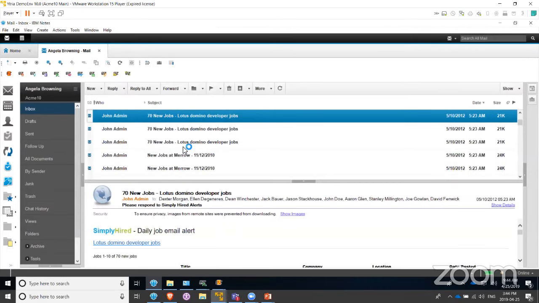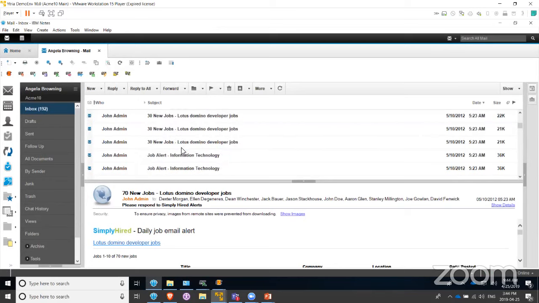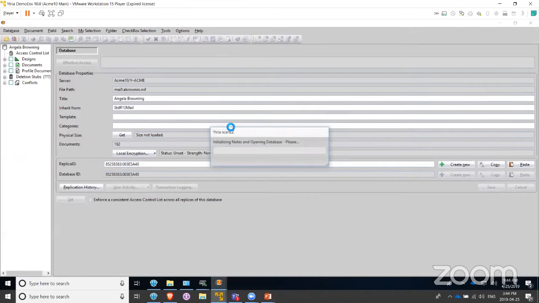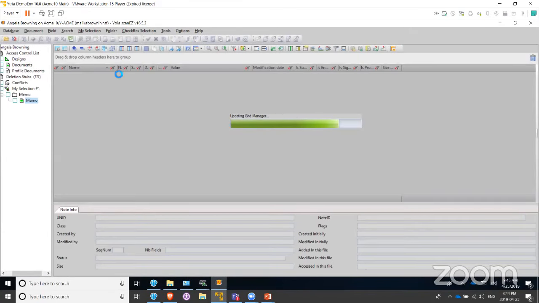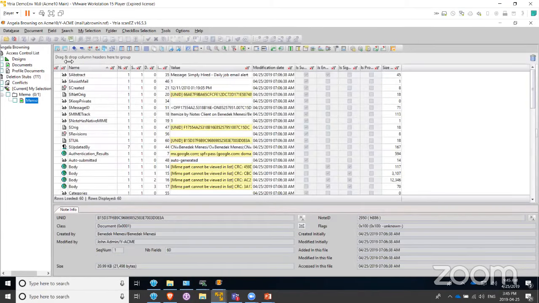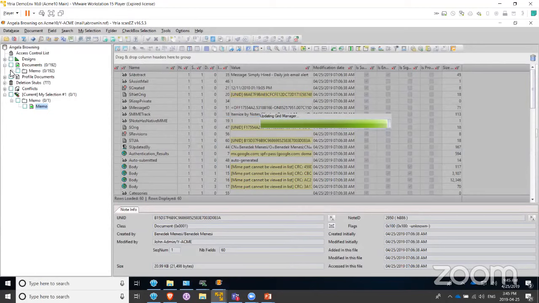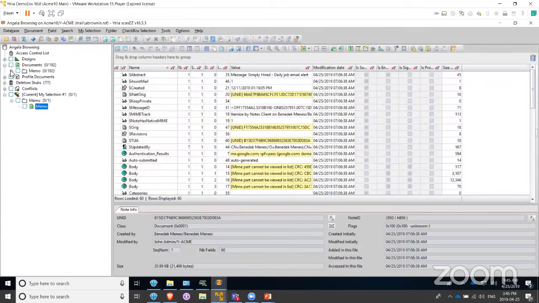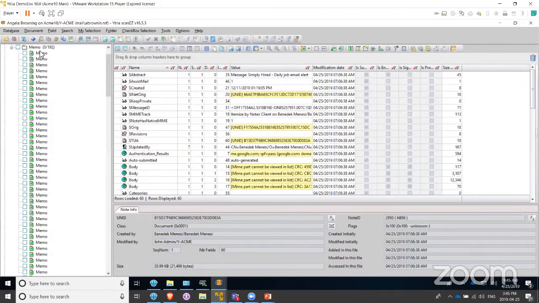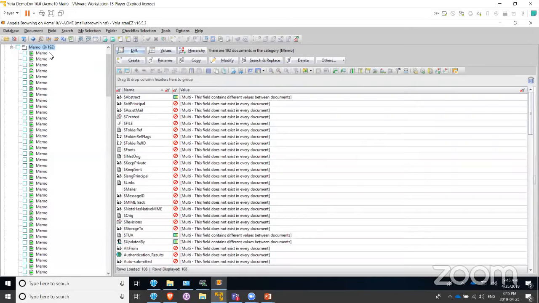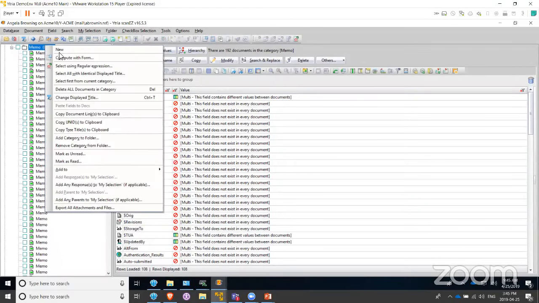So I've got like 3 duplicates here. I've got like 5 for some of the other emails. How do we deal with this? Well, like I said, we need to establish what it is that makes them duplicates. So for emails, if I was to say, I just want to look at the subject field, that would not be enough, because I could easily have emails with the exact same subject field value, and they would not be duplicates. So what I'm going to do instead is I'm going to do a diff,